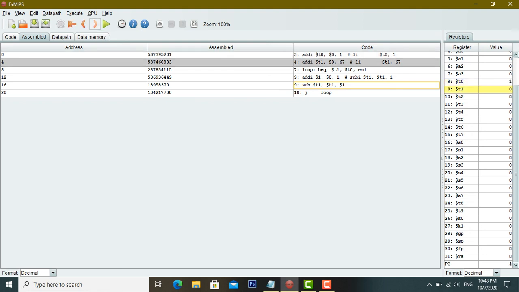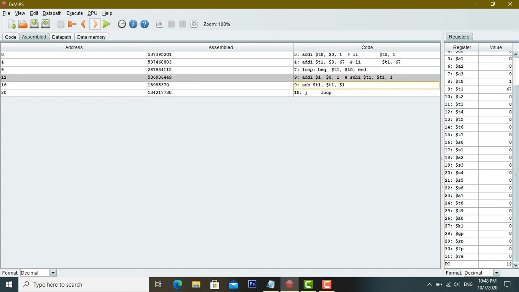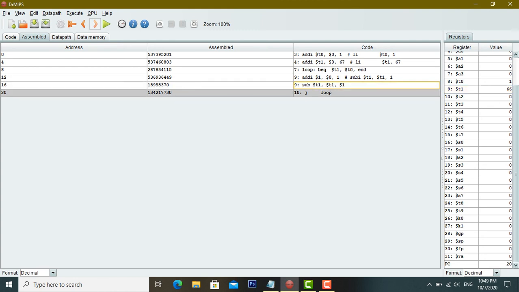You can see that T0 is equal to the value 1 and T1 is equal to 67, same as the last program execution. So when we step forward, it will check for the branch equal to, and they are not equal, so it goes into the loop body and adds 1, and it is subtracted from T1.